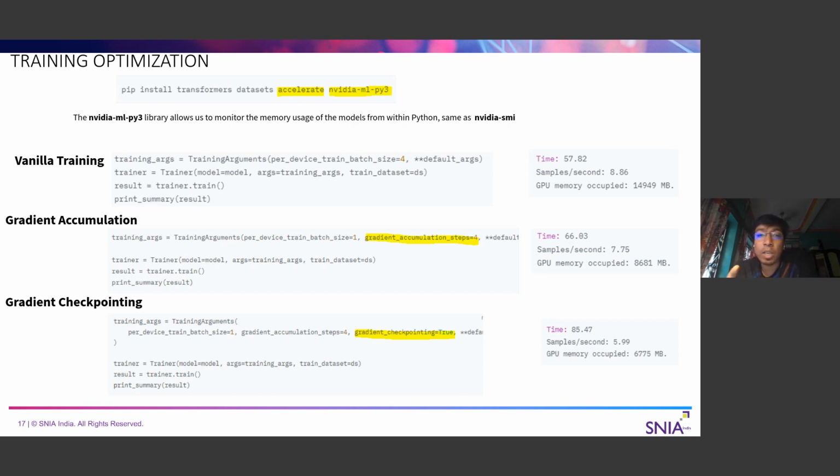We are saving only for a bunch of instances, and those are called gradient checkpoints. During the backpropagation, based on those checkpoint values, we try to recalculate the values of those nodes which are not saved. So it will save a lot of memory, since you're not saving a lot of data.